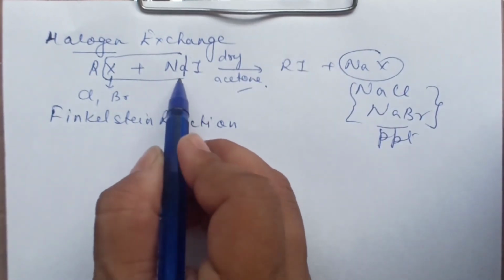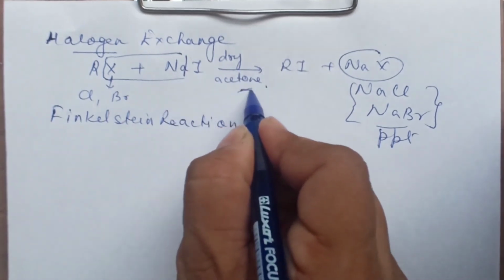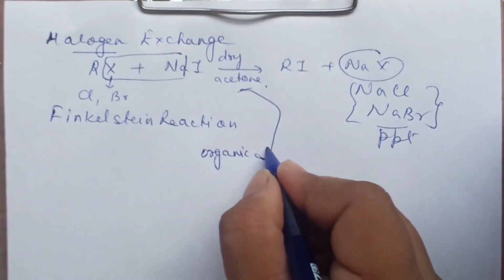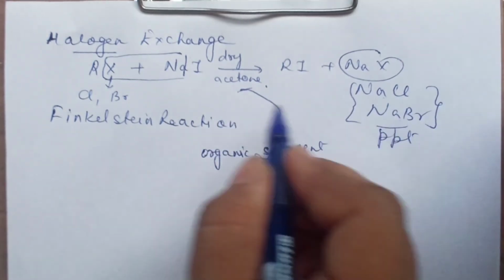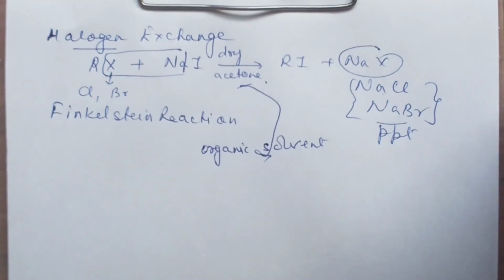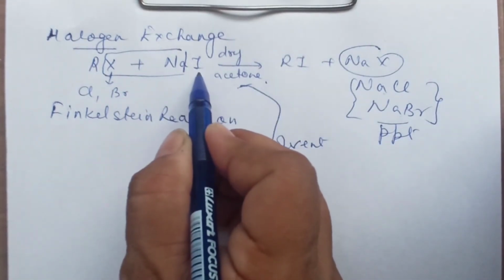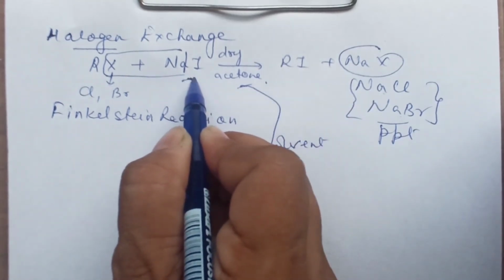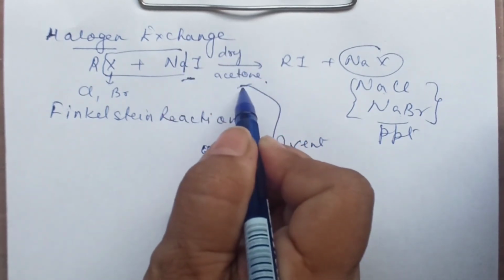Then you must be thinking, why is acetone not able to precipitate the iodide? You know what acetone is? Acetone is an organic solvent, a non-polar solvent. Now if I ask, out of NaCl, NaBr and NaI, which is the most covalent? We know as per Fajan's rule, the cation is the same, the bigger the size of the anion, the more the covalent nature. So NaI is the most covalent. Being most covalent, it is comparatively more soluble in acetone.